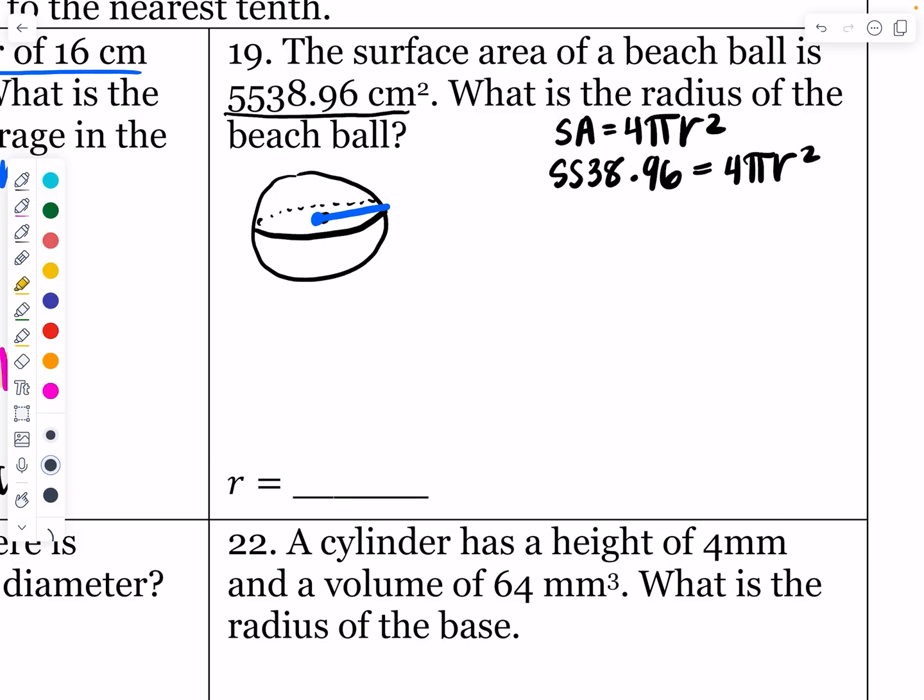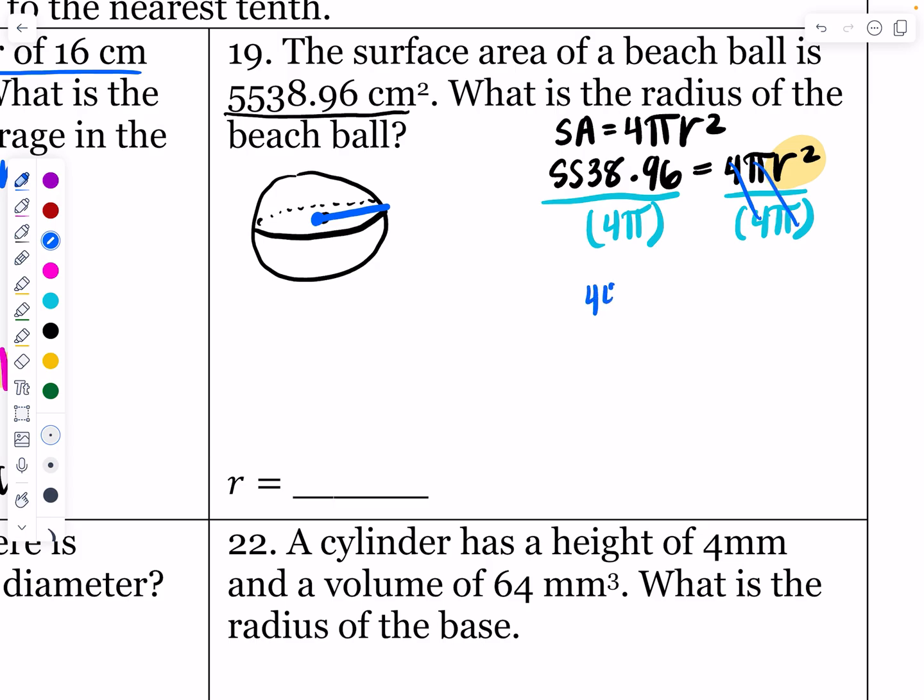And so the first thing I need to do is acknowledge that I want to get my r squared by itself. So who's in the way that needs to get out the way and move? The 4 pi. So what's the opposite of multiplying by 4 pi? Dividing by 4 pi. Since I'm dividing by more than one thing at a time, to make this quicker, make sure to put it in parentheses. So 5538.96 divided by parentheses 4 pi. Close parentheses, click enter. That is going to be, because this 4 pi cancels out,